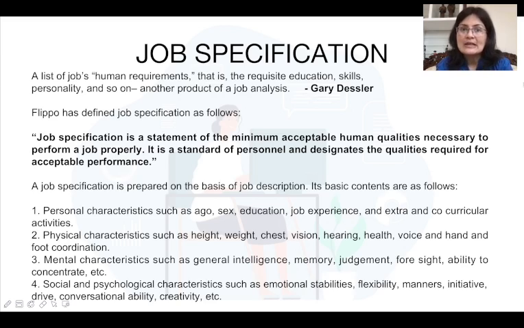A person who is good at managing data, understanding things, people who are good at collecting information, right? So you need to understand all these things, because a job specification means the human requirements of the job that we've just described. Before we came to job specification, we wrote the job description. Clear?